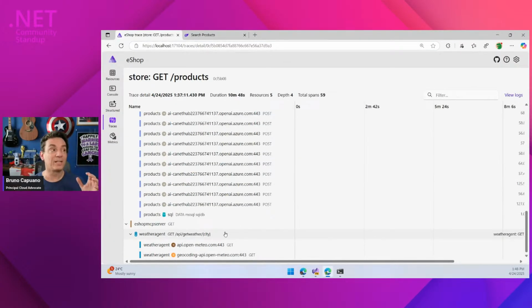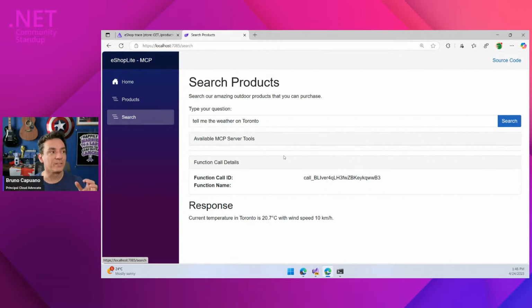So imagine that what we have here is not just a search scenario, but a full set of agents that can talk to each other. When you ask a question, the MCP client is going to choose the tools that need to be used, or the server, I can't remember. The server is going to choose the tools that are available and try to solve this.